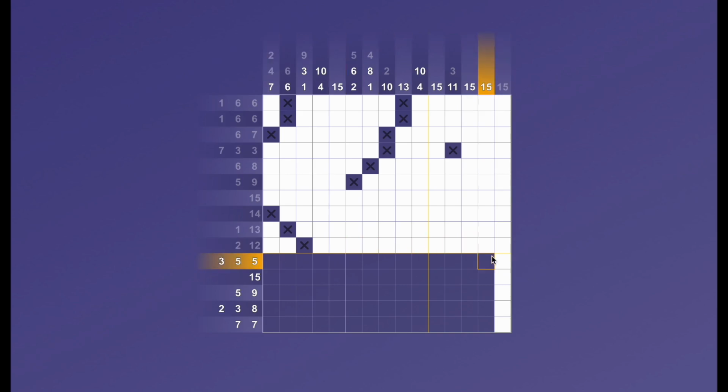1, 2, 3, 4, 5, x, 1, 2, 3, 4, 5, and the x,